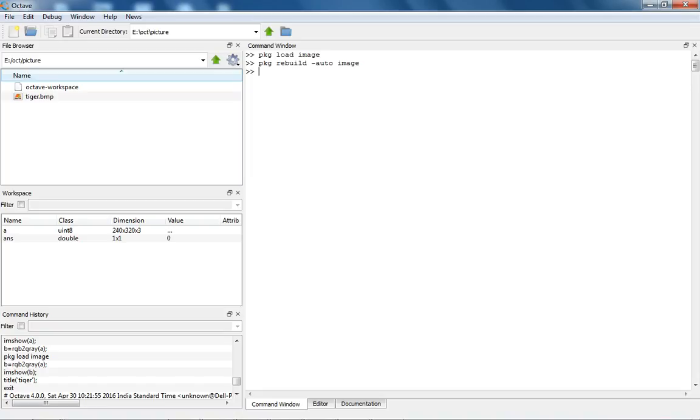So when you write this command, every time that you open a new window, the image package is being reloaded automatically without doing it manually. If you want to stop this reloading of a package, the command is pkg rebuild -noauto image, for the package you don't want to reload, enter.